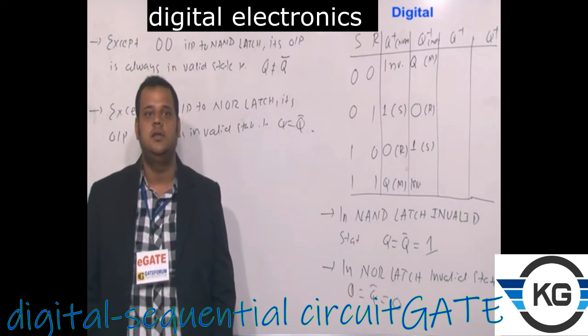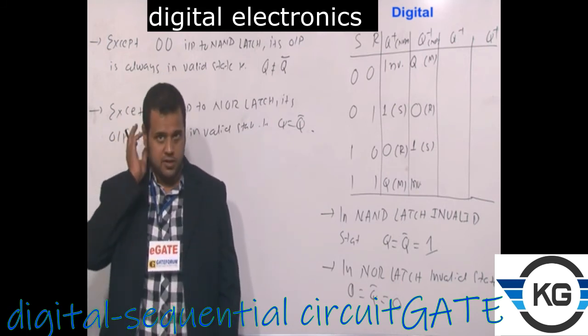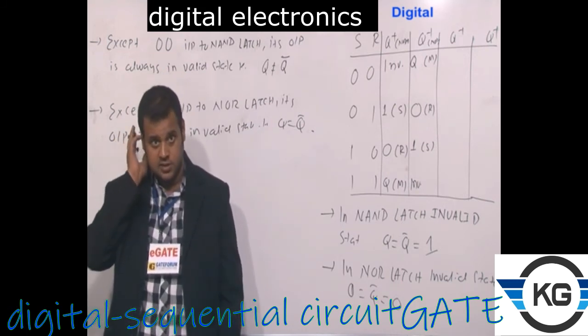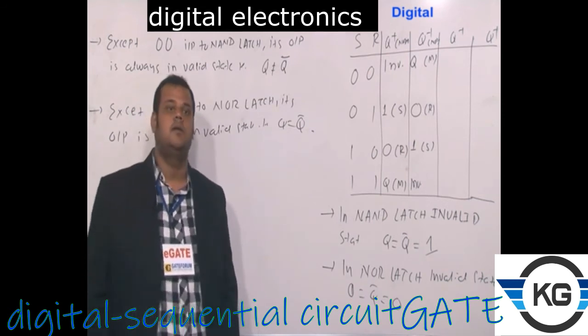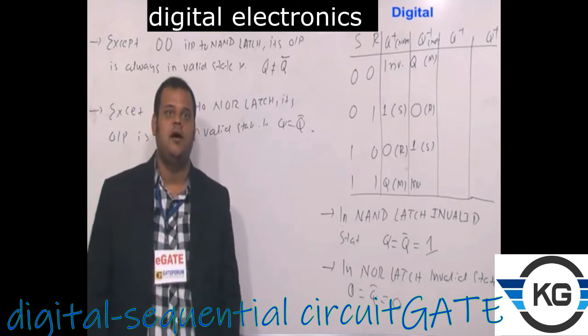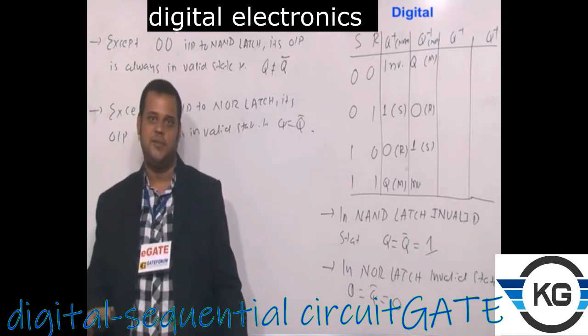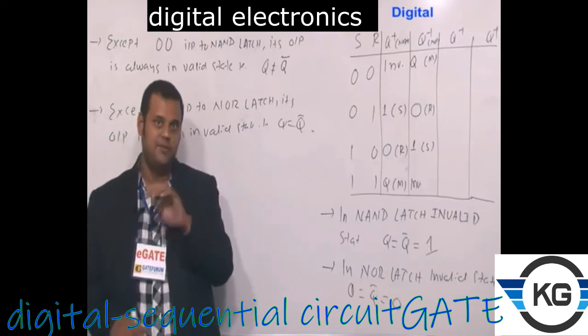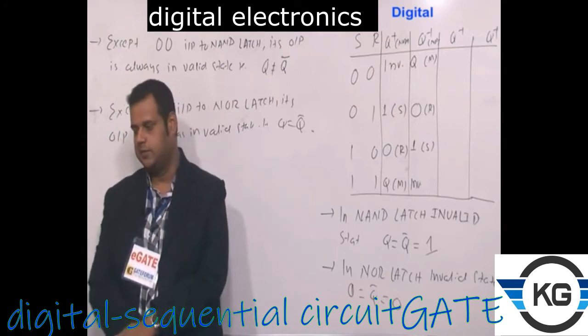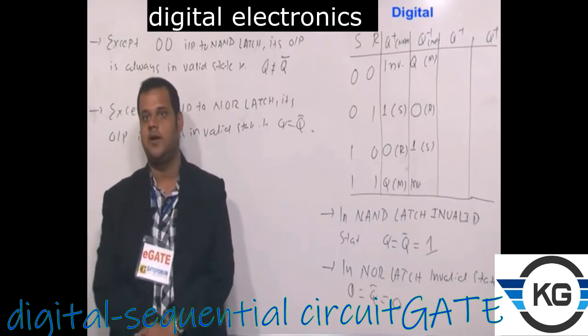Okay, Aditi from Alwar. Sir, what are code converters? Please give an example of active low encoder. Code converter means, Aditi, as the name itself implies, how a particular code is converted to another code. For example, already I have given you this one, binary to gray code, gray to binary code.